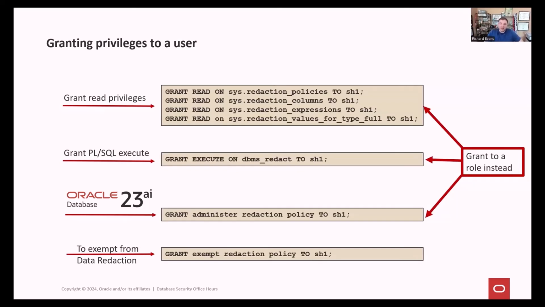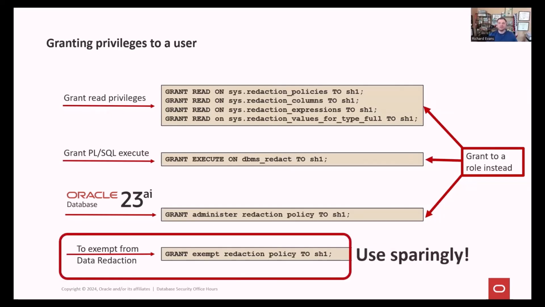This exempt redaction policy means that the user who runs the query is exempt from the redaction policy. So they will see actual data every time they run the query, right? We want to use that extremely sparingly because it is a high-level privilege. And plus, it gets audited, right? It gets audited